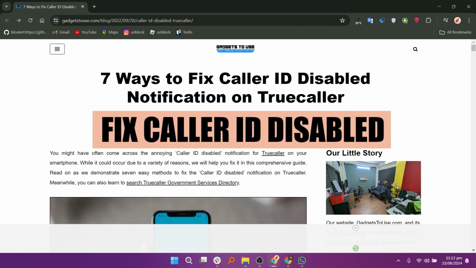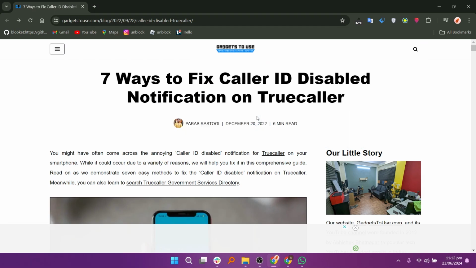How to fix caller ID disabled in Truecaller. I am going to show you how you can easily fix the caller ID disabled in Truecaller. The quickest method to get rid of the caller ID disabled notification in Truecaller is to configure its in-app settings